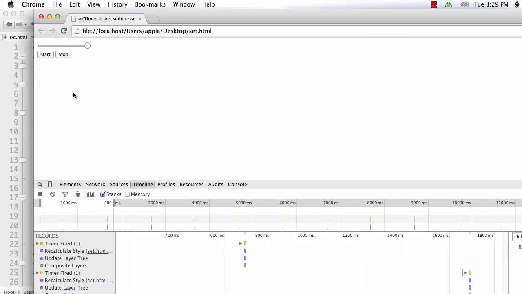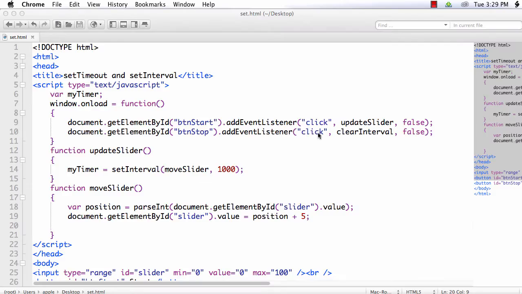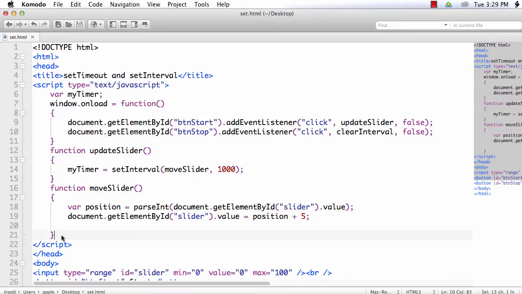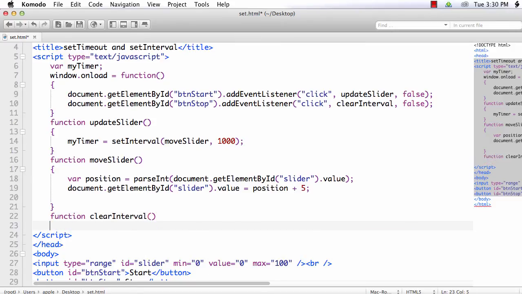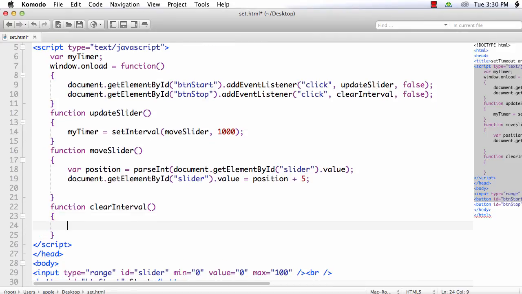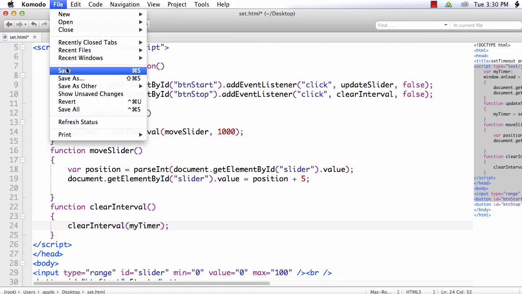So we will do it inside the stop clearInterval method. Function clearInterval. We need to clear the timer, that is clearInterval(myTimer). This will clear the timer when the button is clicked.